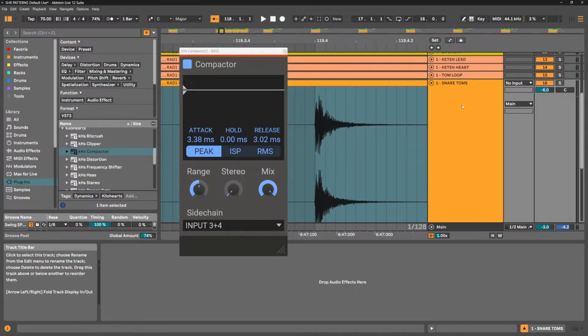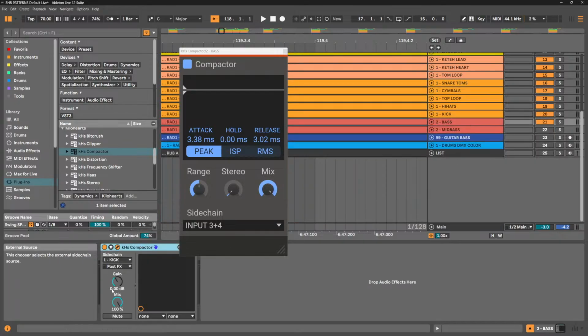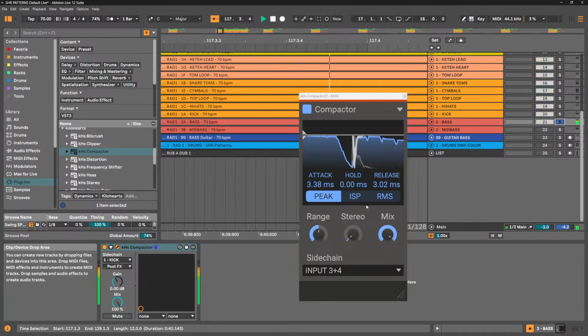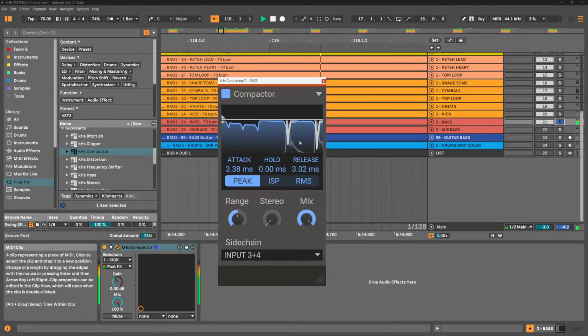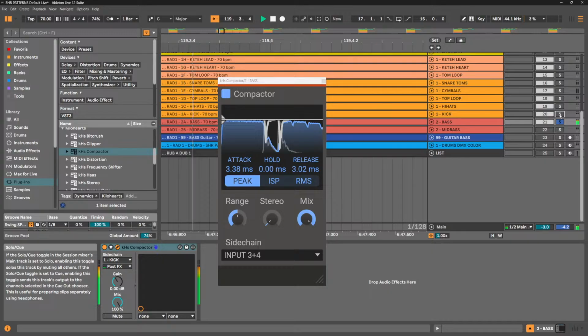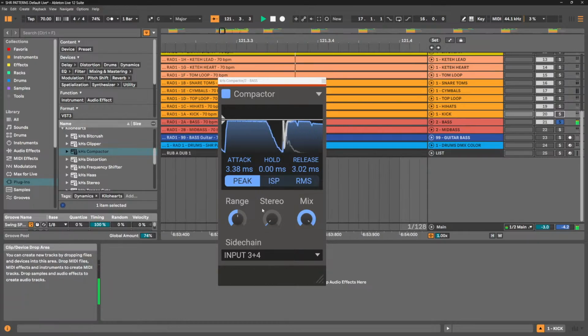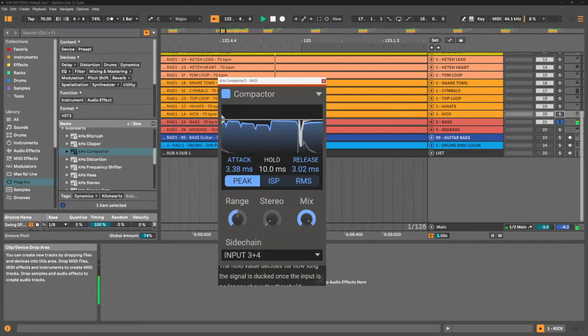So we will select the kick as a sidechain input, already done, sidechain plus 3 and 4. And let's just play the bass. The white dot you see is the kick appearing. But I mute the kick, that way we hear what it is doing. If I crank up the hold,